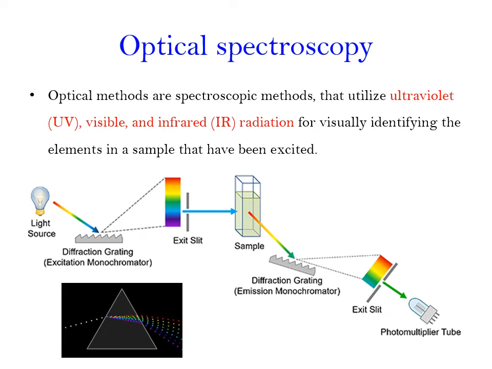So the procedure is the same. There is a light source, there is a diffraction grating or a prism, or it's called excitation monochromator. Then there is an exit slit or filter that selects a specific wavelength of light, and that specific wavelength of light will be applied to the sample. The transmitted light will be again